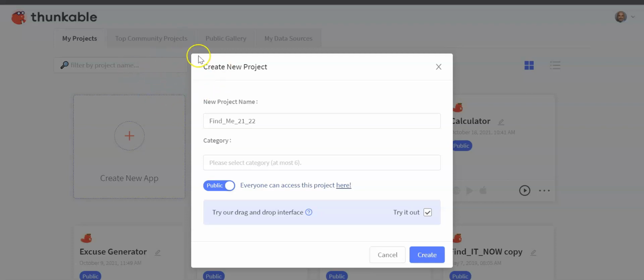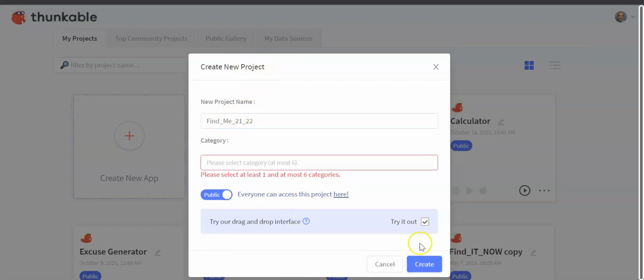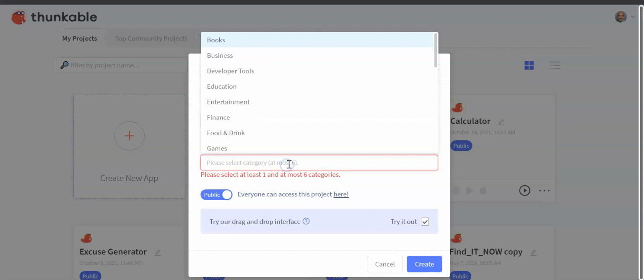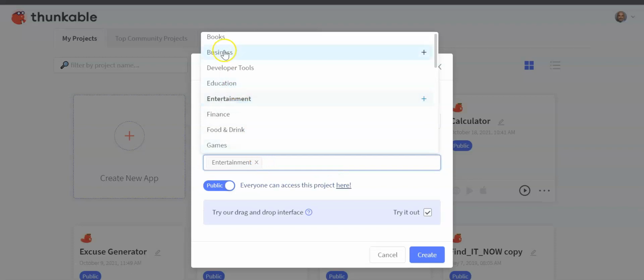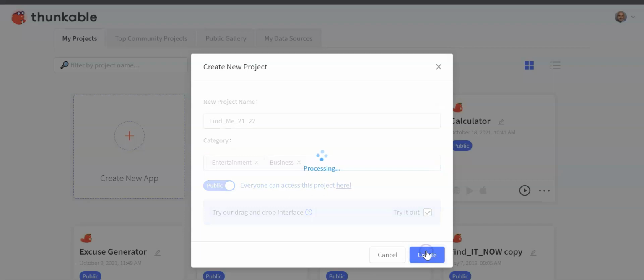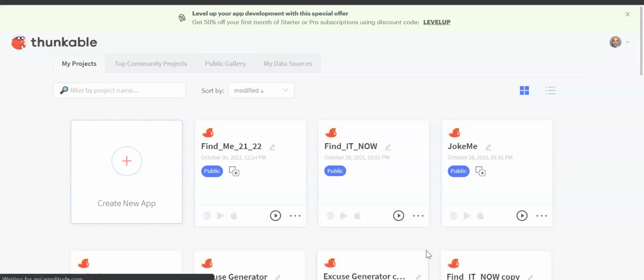So I'm starting with a new project. I've given it a name and I'm going to create. So I'm going to give it, let's go to entertainment, maybe we'll call that, or business, doesn't matter. Give it some tags and then click on create. And then we're going to go into our